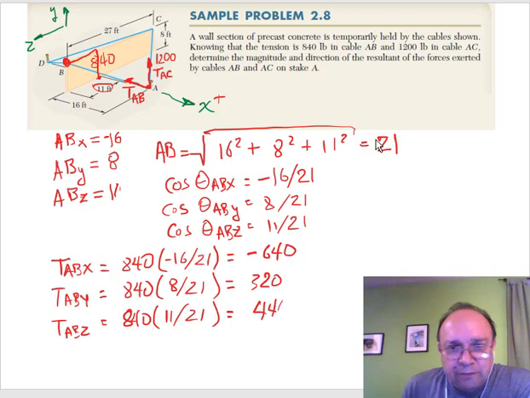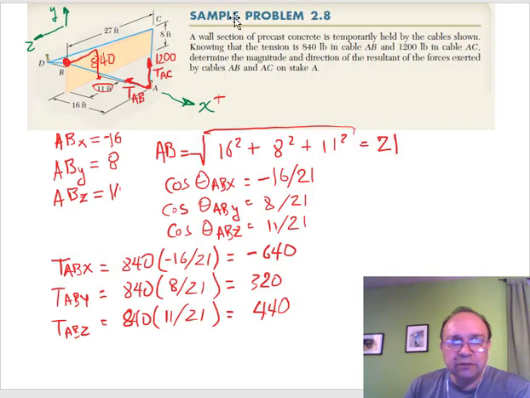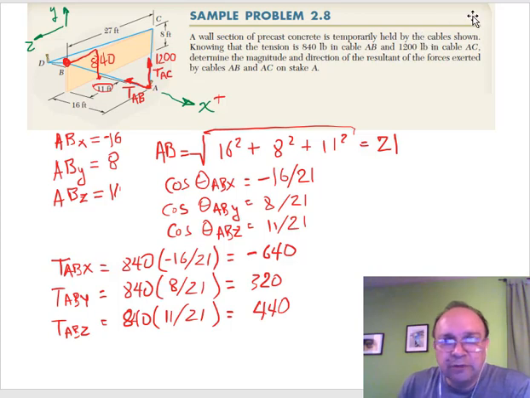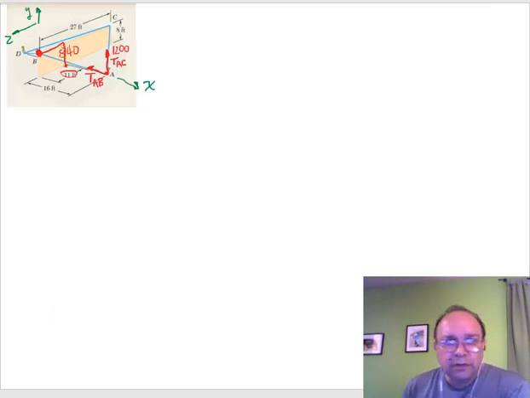Okay, so we have to do the same for the other force. Let's do it right here. I think we don't have the graph on hand, so let's move that to the other page. Okay, so let's do the same for the other force. That will be the line AC. So we have